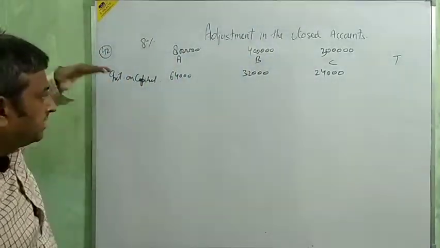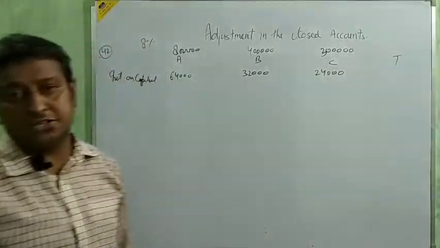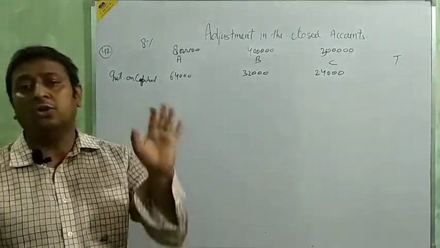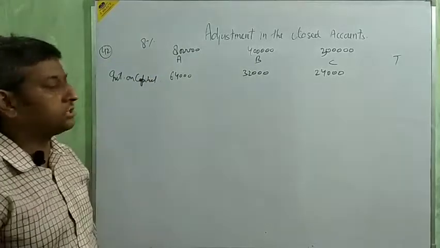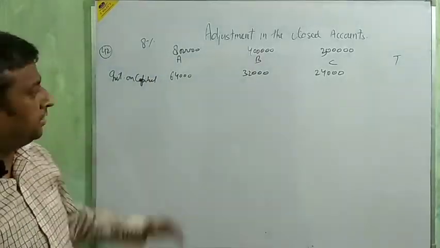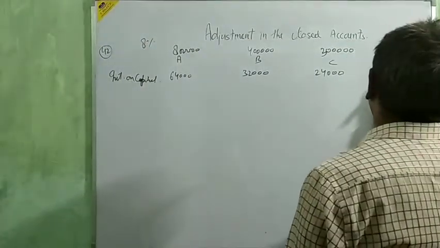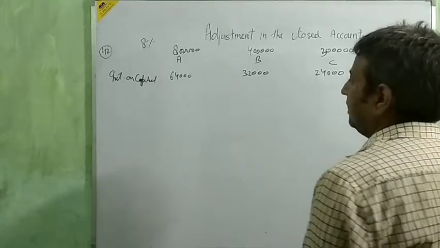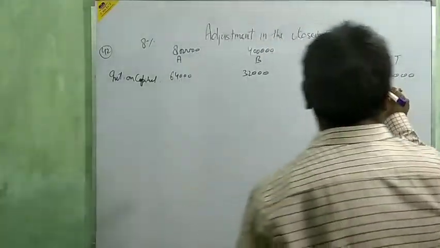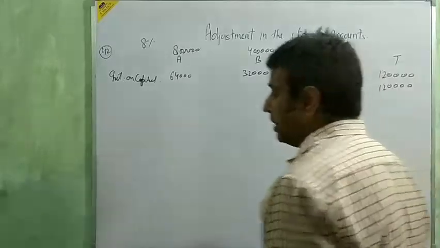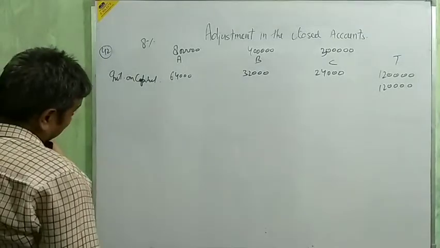If we are not showing this interest on capital separately, and directly the total of this interest on capital is distributed now, we distribute it in the profit sharing ratio. The problem is coming from this total amount. So we are going to take the total, and the total is 1,20,000. Okay, beta? Now this 1,20,000 will be distributed in the profit sharing ratio. That wrong is done by the question.